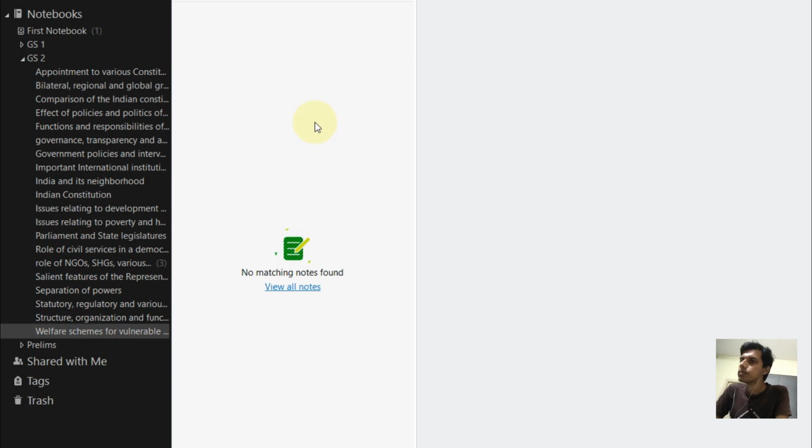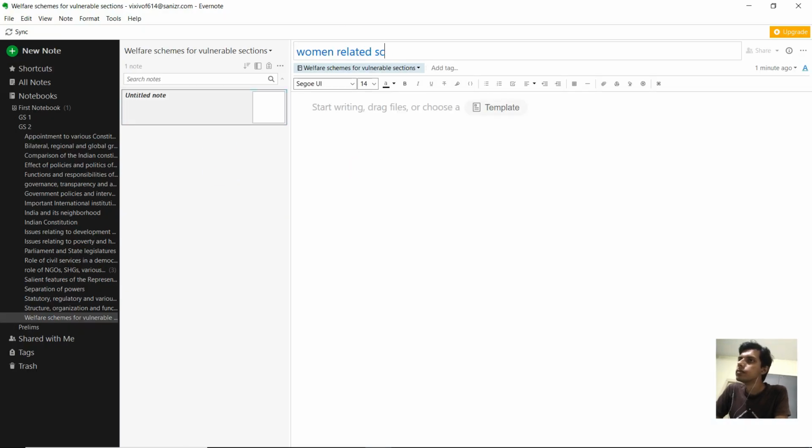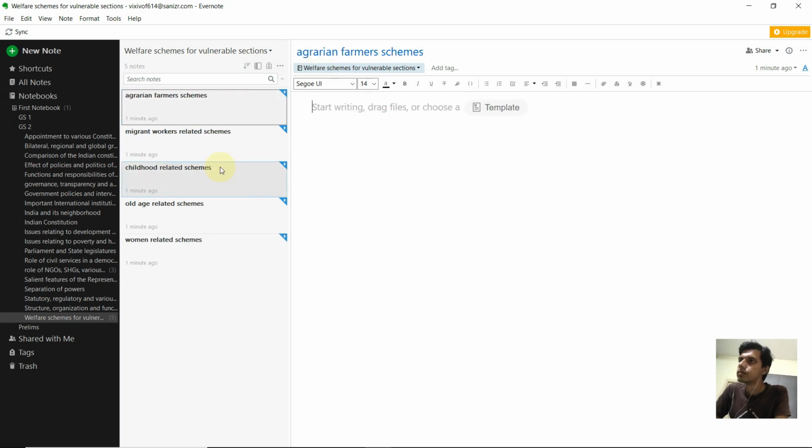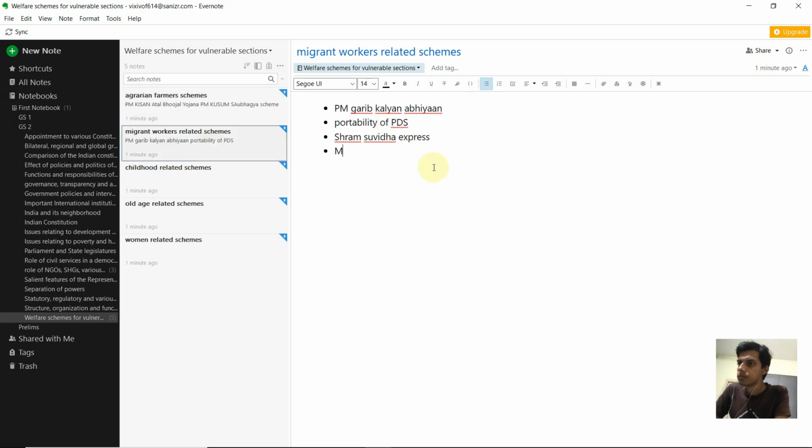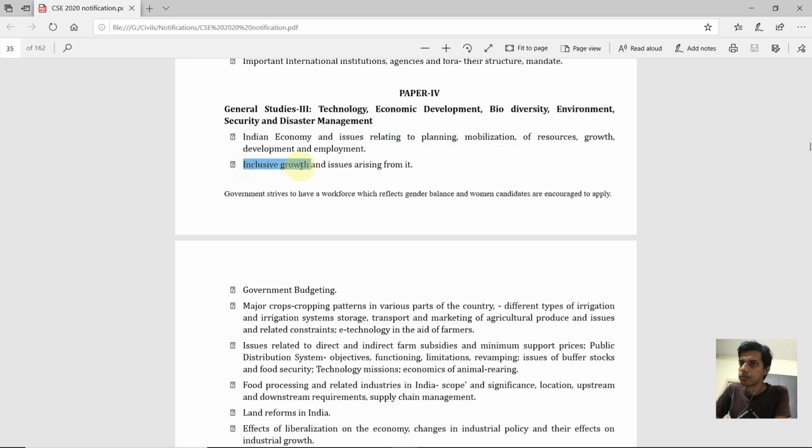Similarly, for the welfare schemes or the vulnerable sections, you can create more notes, migrant worker schemes, childhood, old age, women related, everything. You can add bulleted point notes, paragraph notes, pictures, or you can copy paste on PDF. Everything is possible here. Now we will be creating for the GS3.